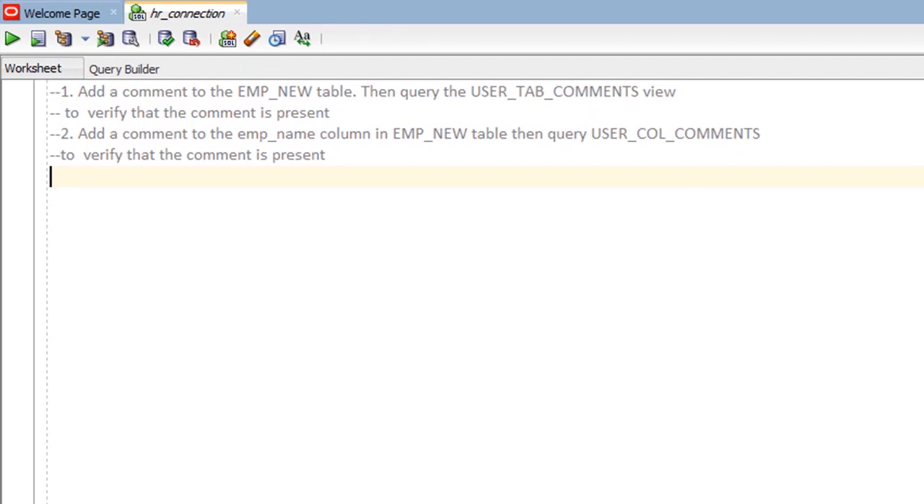Hello everyone, here in this practice we are going to learn how to use user_tab_comments data dictionary view to view information about the comments created in all tables that you own, and also how to use user_col_comments data dictionary view to view all comments created on the columns on all tables that you own. So here we have two practices: add a comment to the emp_new table, then query the